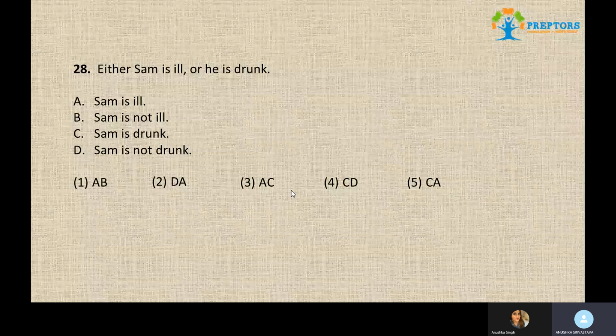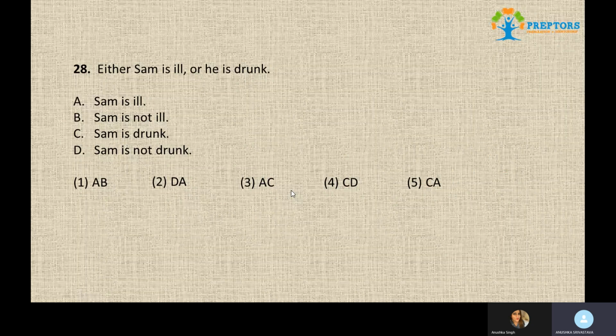Everybody. Today we are doing the second part of Reasoning 1, which is a very similar chapter to logical set theory. This is known as logical consistency. In this chapter, you need to establish a logical consistent relationship between the given two events. As we have studied in the class, we have two types of logical consistency. Case 1 is either or.